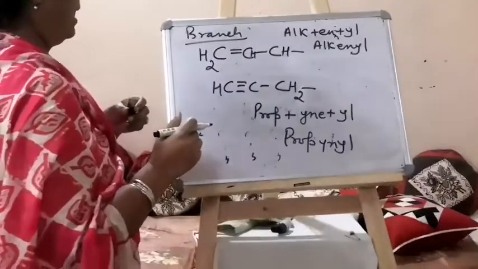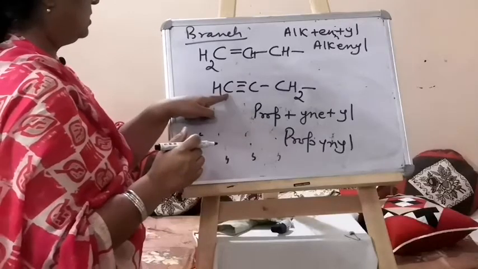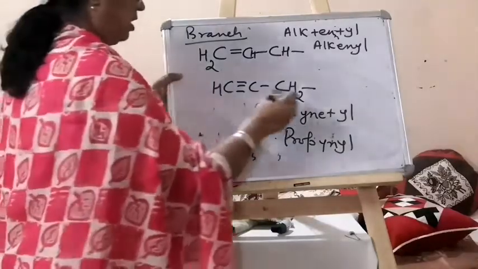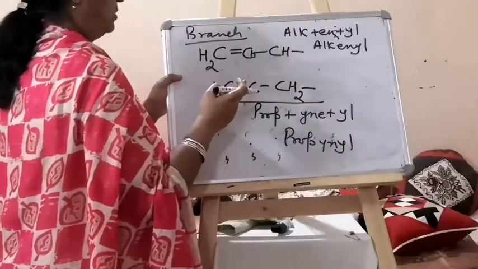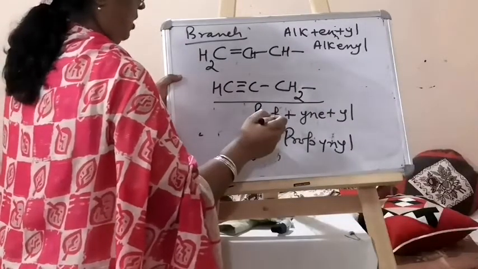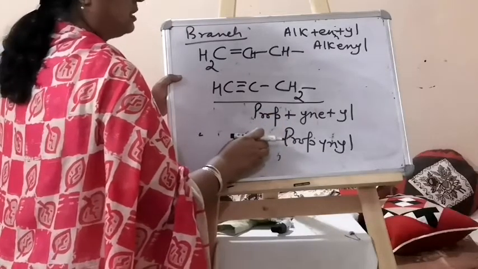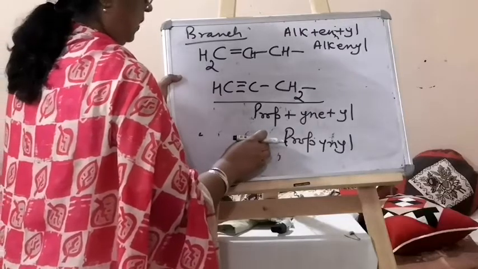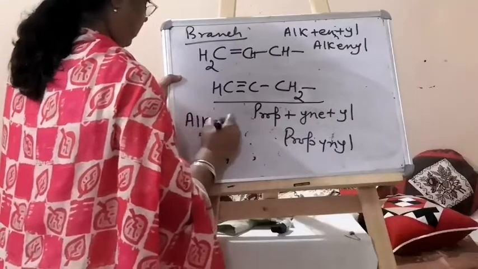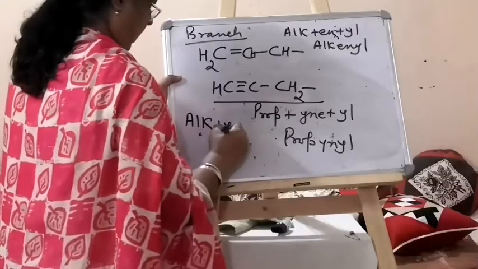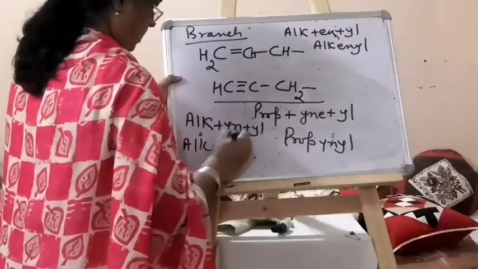So when propynyl, then it is your substituent. Then it means it is in a branch. What does it mean? This is not included in the main chain to give the root word. And so this will be written as a substituent prefix. Okay. So the main name for this will be alk, generic name, yl. So alk, e will be here,